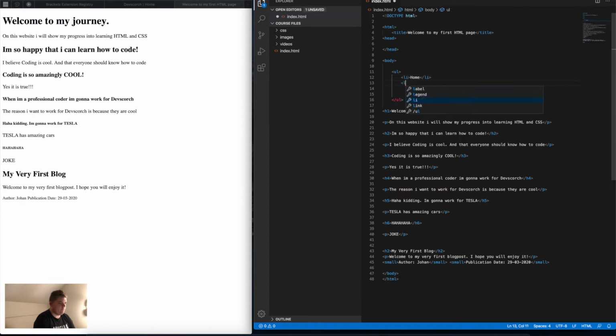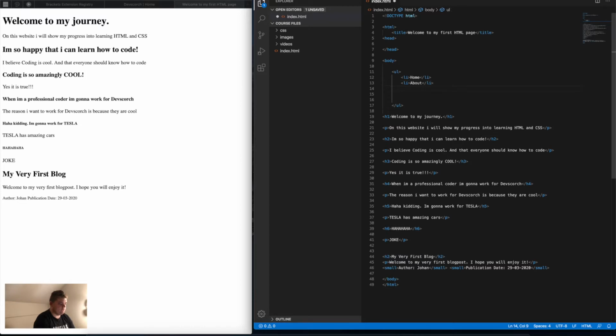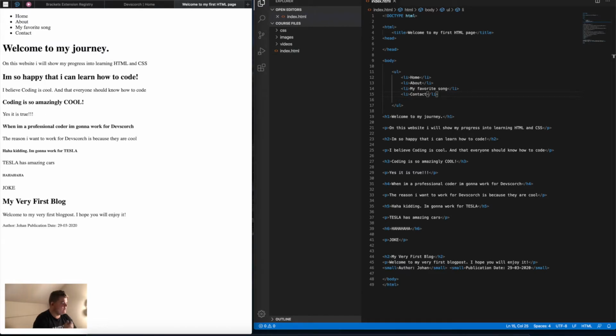We're going to create another one called about, another one called my favorite song, and the last one is going to be contact. We're going to save this, and we're going to refresh. As you can see now, we have an unordered list. Officially this should be the navigation, but